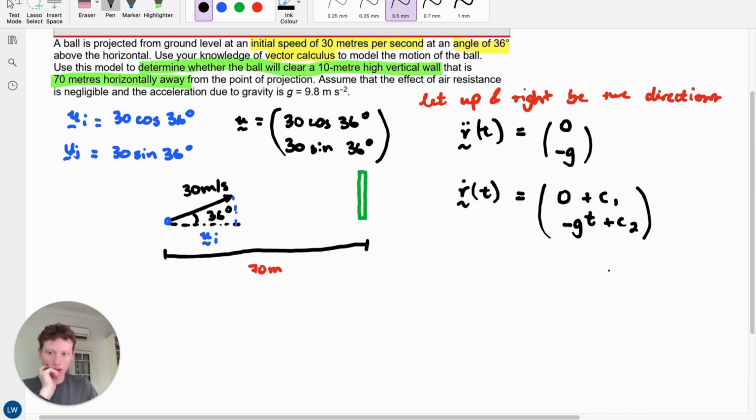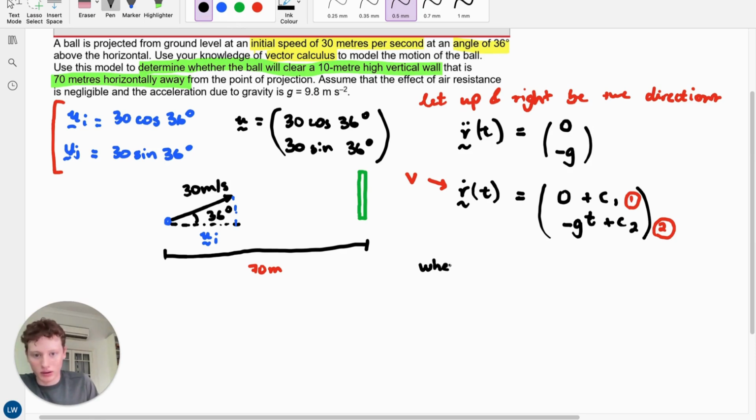But the good thing about this step here is this is velocity, just here. And this here is our initial velocities. So we actually know what this equals, and we know what this equals at the initial point. So what we can do is work backwards and find these actual c values, so we're not left with just these unknown values heading into our position. Okay, so what we do next then is we can say that